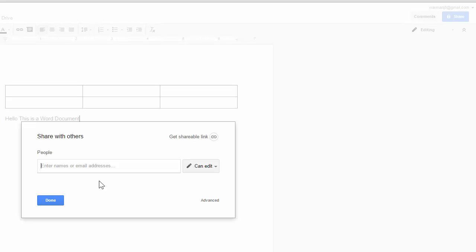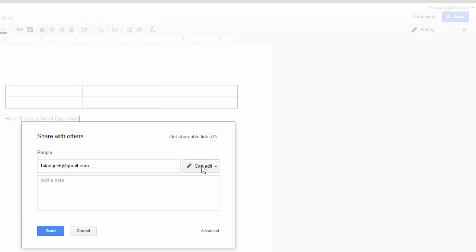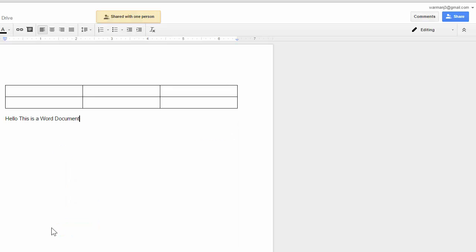So I will share it with my other account, and here's where you can adjust permission. By default, it automatically assumes that you want your new sharing buddy to be able to edit, but you can also make it so they can only comment or only see it. I'm going to leave it at can edit for now, and you can add a note to the person, and when you send that off, the other person will get that little email